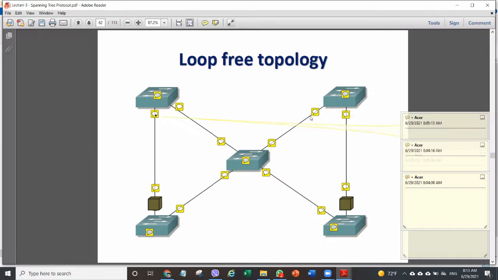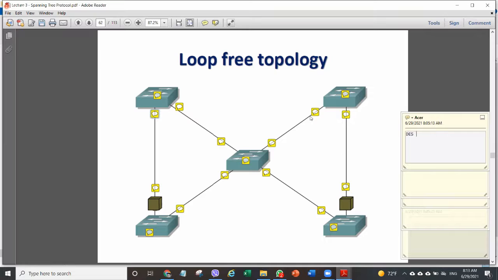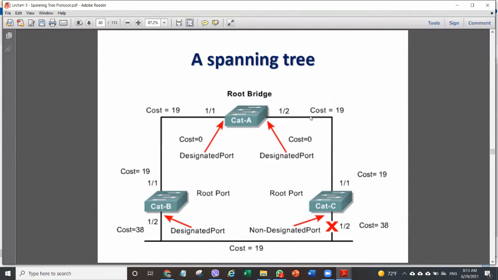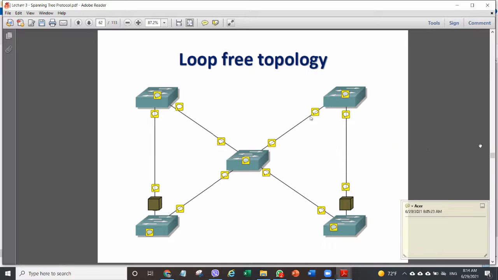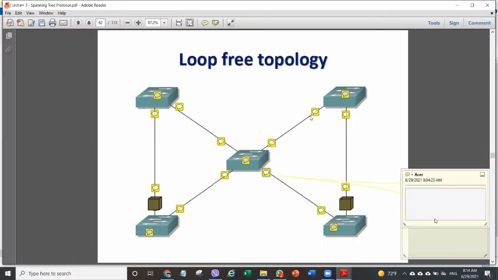So this is also in the active end, so we will label it as designated. This one is also designated port, because the root bridge comprises all the ports as designated ports. No argument. All the ports are designated in the root, because all the links are